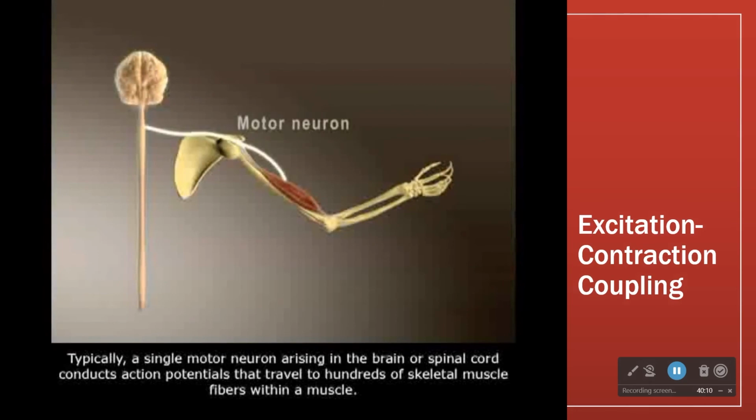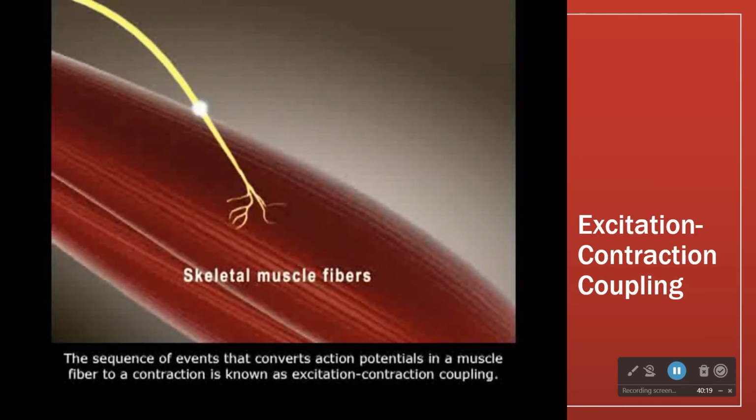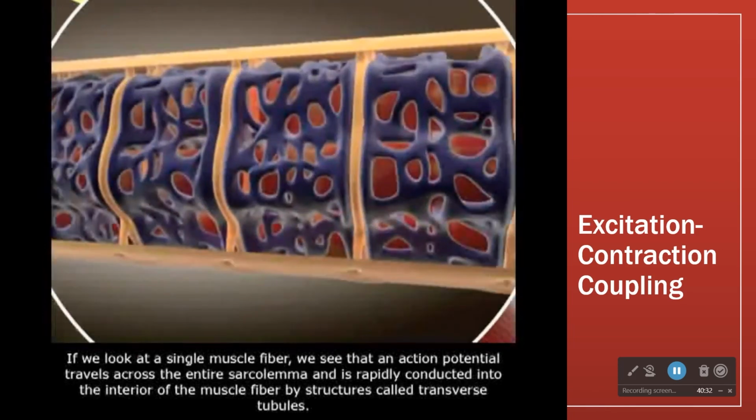A single motor neuron arising in the brain or spinal cord conducts action potentials that travel to hundreds of skeletal muscle fibers within a muscle. The sequence of events that converts action potentials in a muscle fiber to a contraction is known as excitation-contraction coupling. If we look at a single muscle fiber,